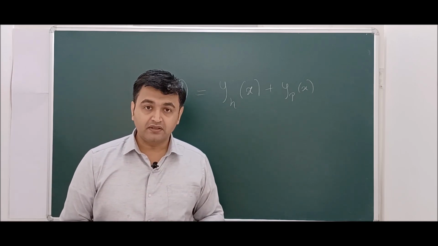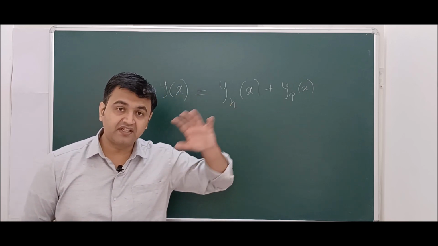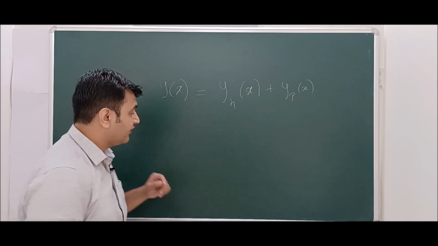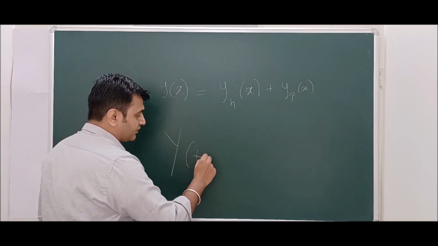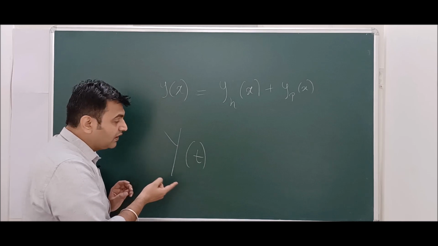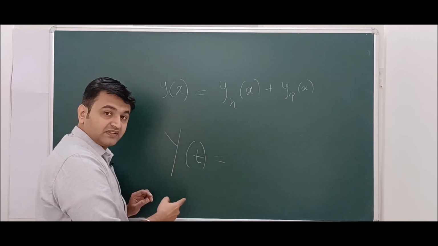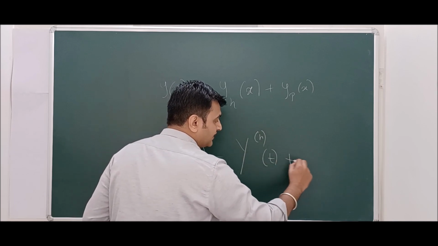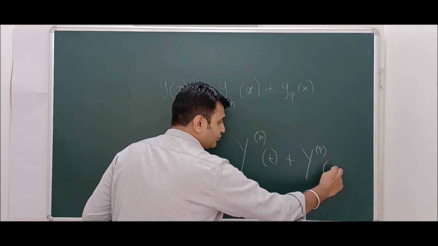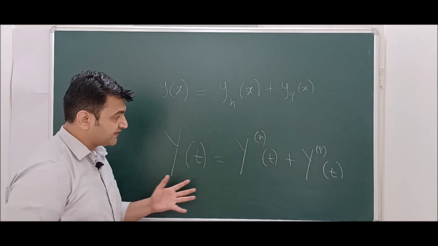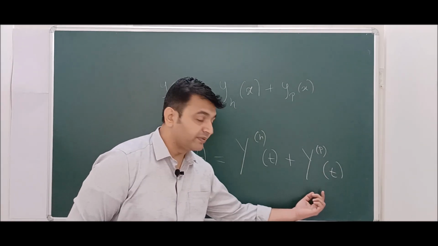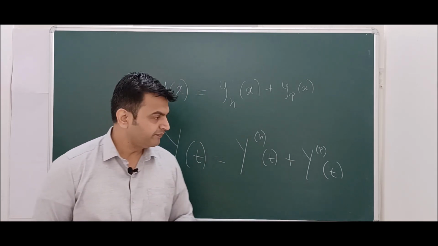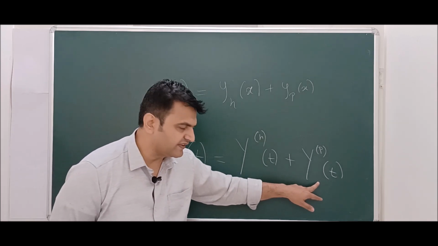Now the same concept gets generalized when you have a system of differential equations. Here also, if y is any general solution, where t is my independent variable, then that general solution of the system is of the form the homogeneous solution plus the particular solution. These are the notations I am using for the homogeneous part and for the particular part. Since I am referring to the Kreyszig book, I am keeping the same notation. But it's okay, some people write h as the suffix. That's also okay.